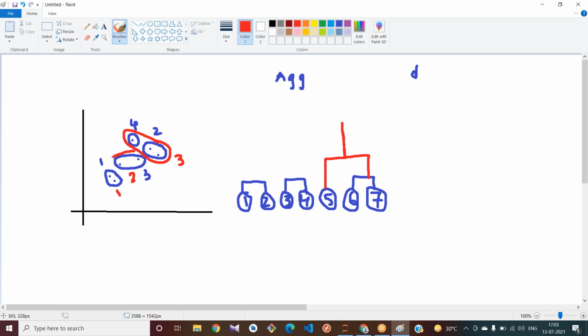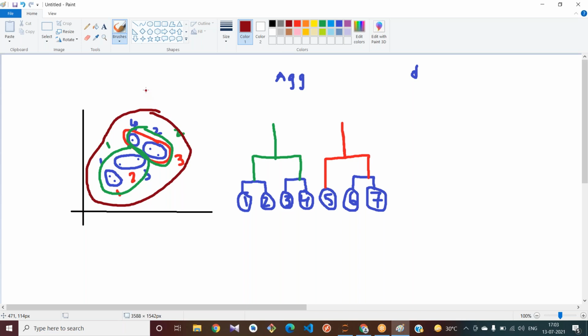In the next level, it tries to make this 1 and 2 into one cluster, and this remains the same and is now the second cluster. It tries to merge this one. After that, at another level, it tries to make all the points into one cluster.